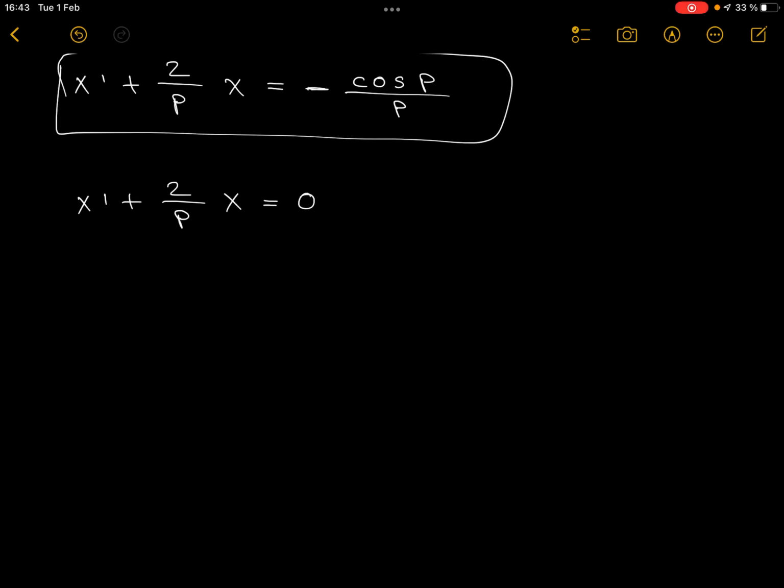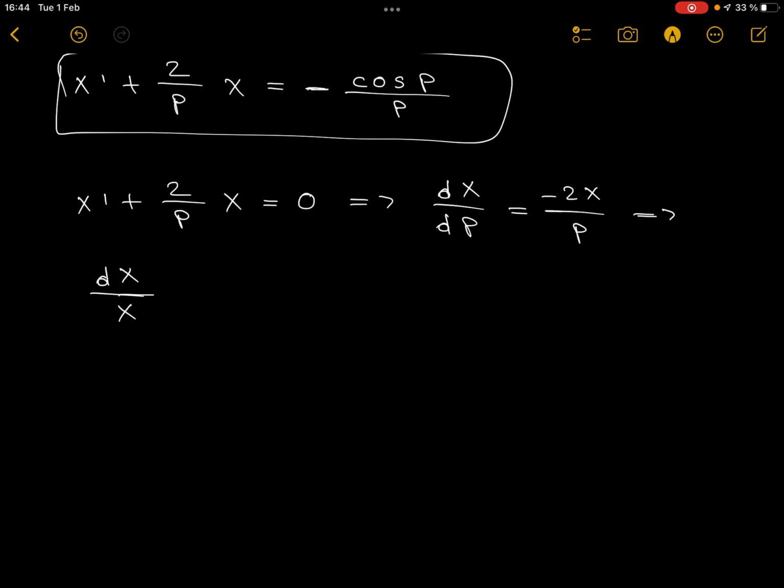So whatever is on the right hand side, we'll just say it's 0. So dx over dp, and then we'll get a separable differential equation. So dx over dp is equal to minus 2x over p,